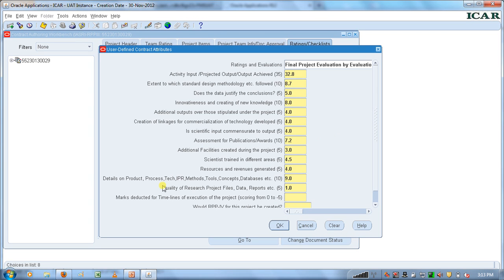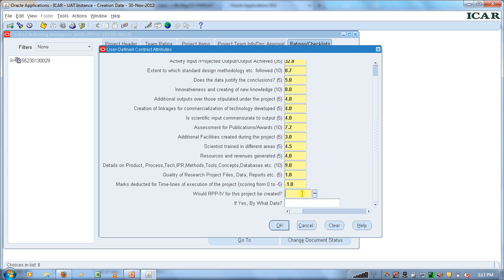You can see there is another parameter which is for marks deducted for timeliness of the execution of project. Here you have to award marks from 0 to -5. So let us say that this project was delayed. So I award -1 over here. I scroll down. These two are more